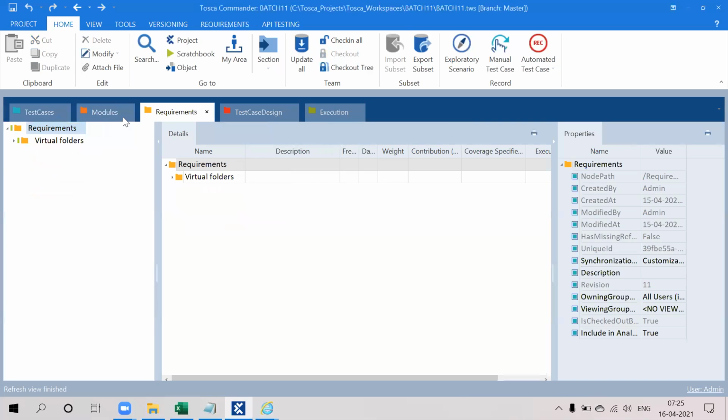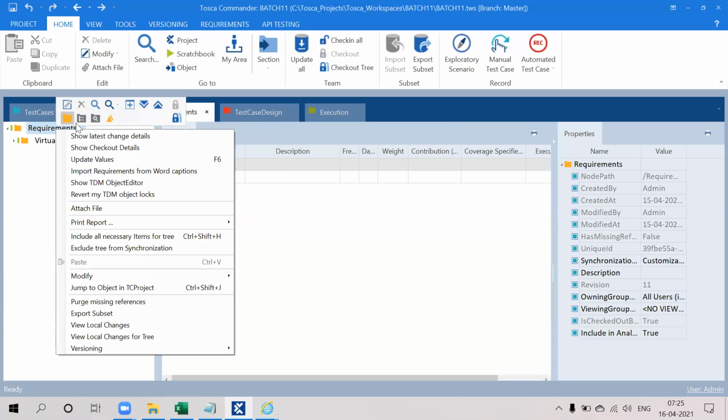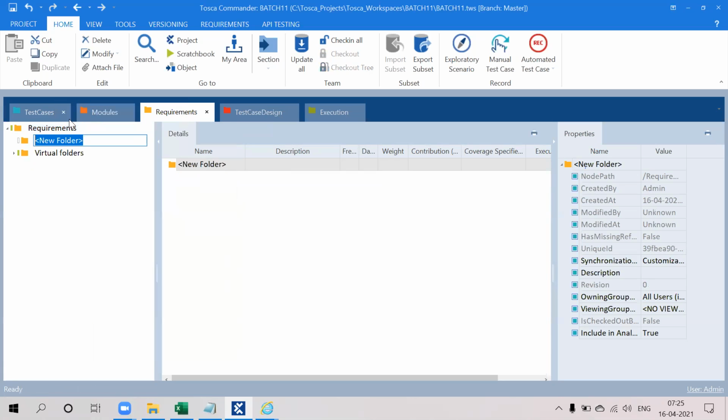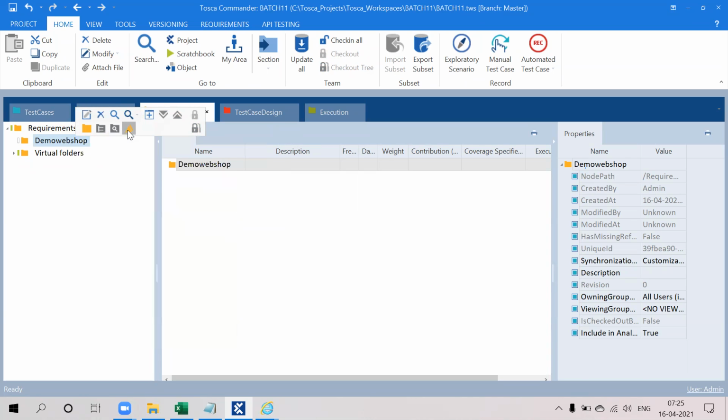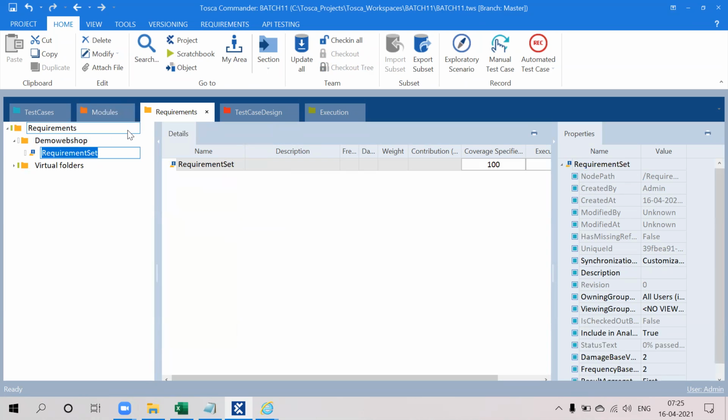So here basically you can design your requirements. You can create a folder, like demo web shop. Under that you can create a requirement set, like my login application.